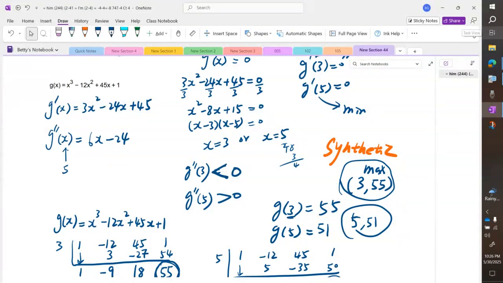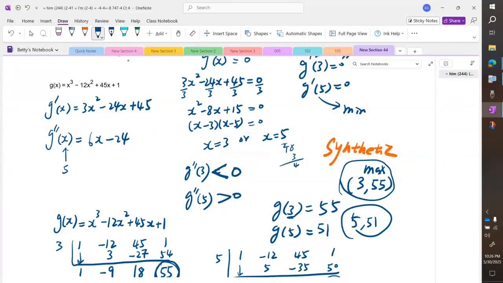It's always either look like this or look like that. So it's going to be a smooth curve. It has a minimum at 5,